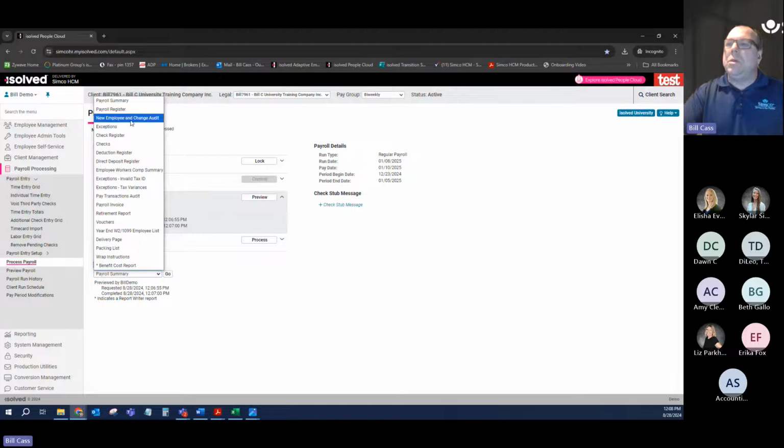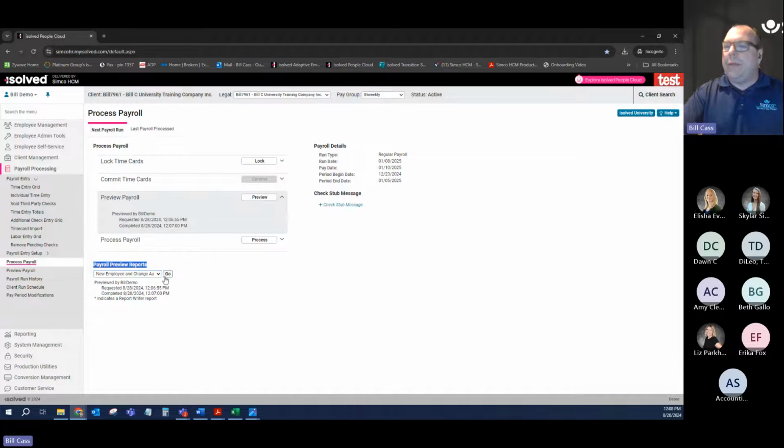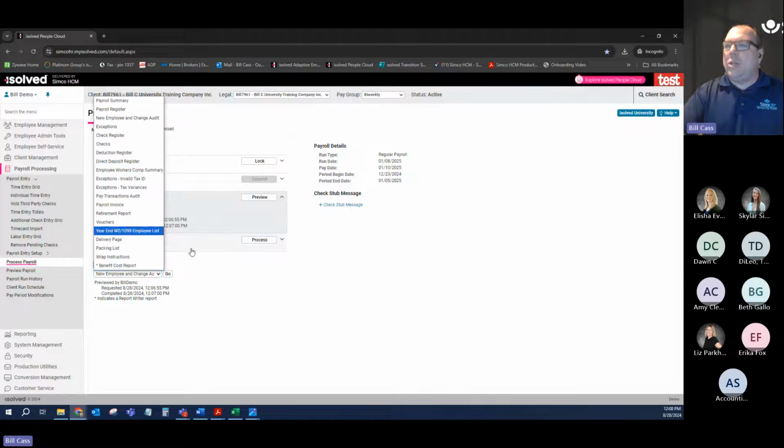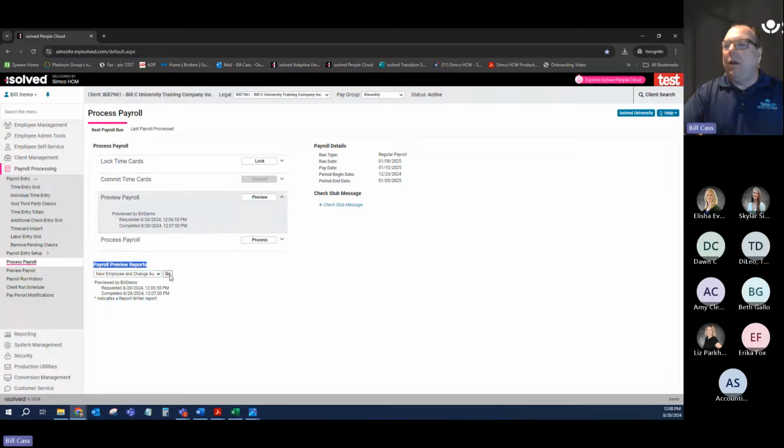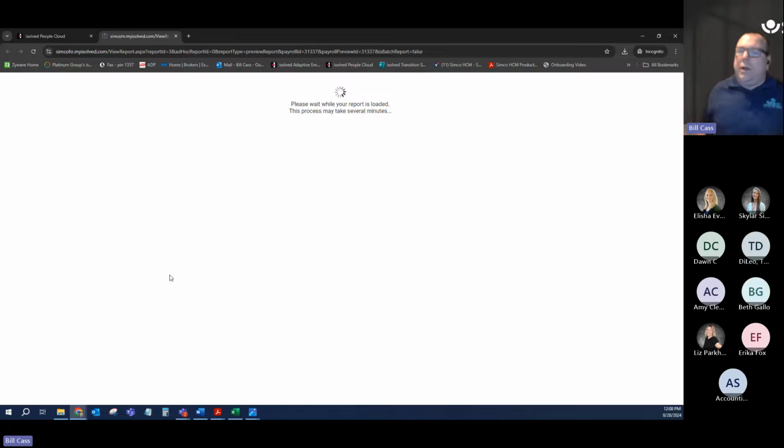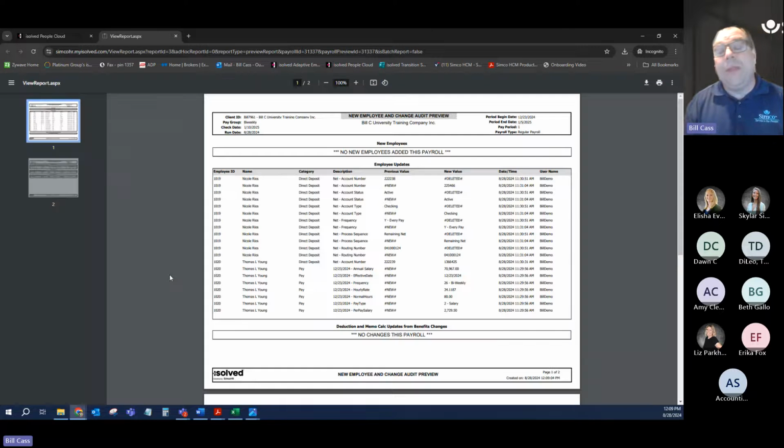Not that we really try to make any errors, but it's good to police us too. But the one I wanted to spend a couple minutes on is this new employee and change audit. This is a good one to do anyways, just so you can keep tabs on what's going on in the system via managers, employee self-service, any changes that go on. But with the increase in security breaches,